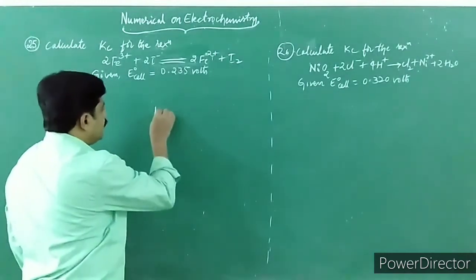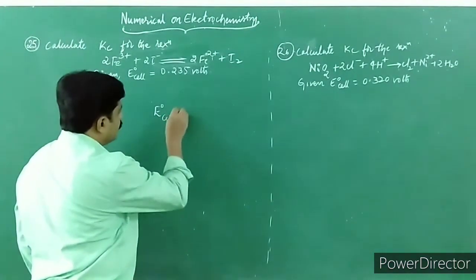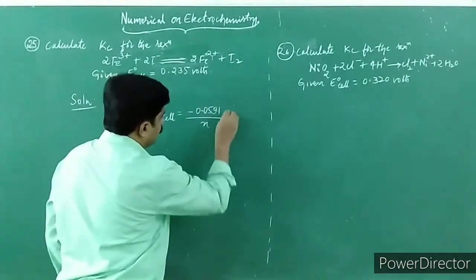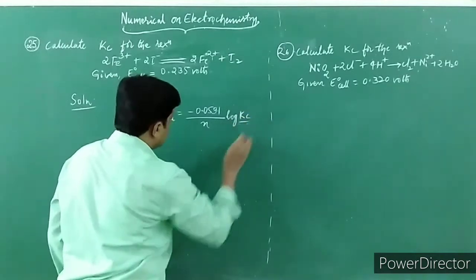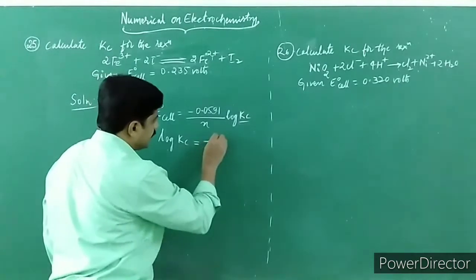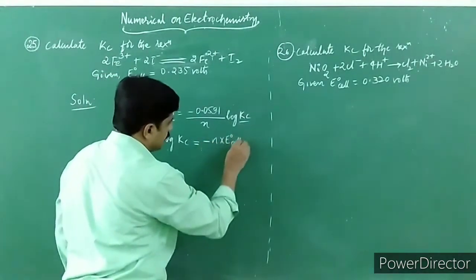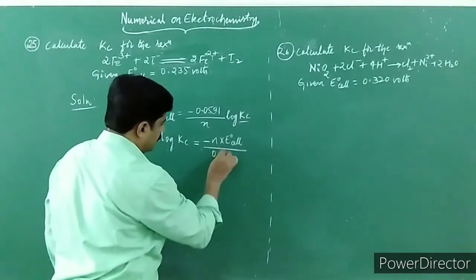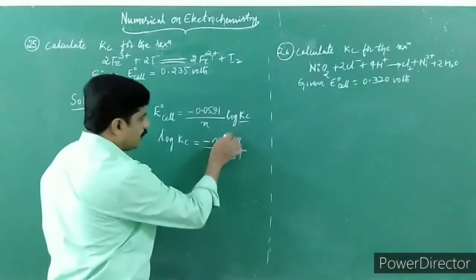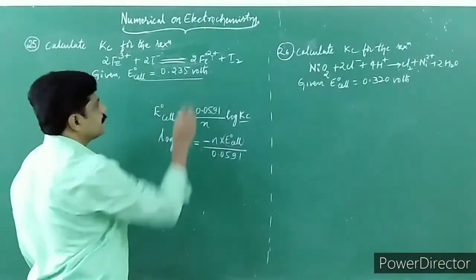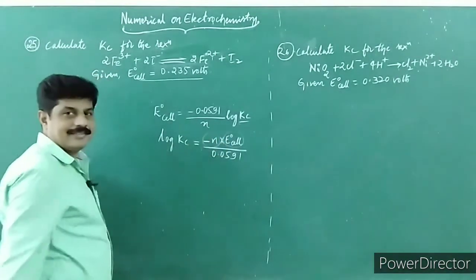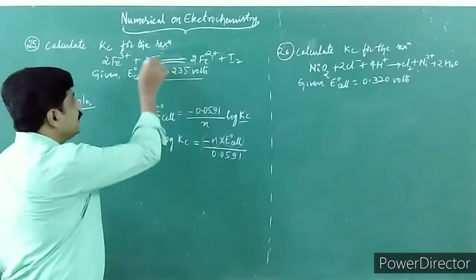You know the expression to find out the Kc value. What is that? E° of cell is equal to minus 0.0591 upon n into log Kc. We are supposed to find out Kc. That means log Kc is equal to minus n into E° of cell upon 0.0591. Children, E° cell value is already given, is it not? That means you are supposed to find out n value here, and that you can find out by using the